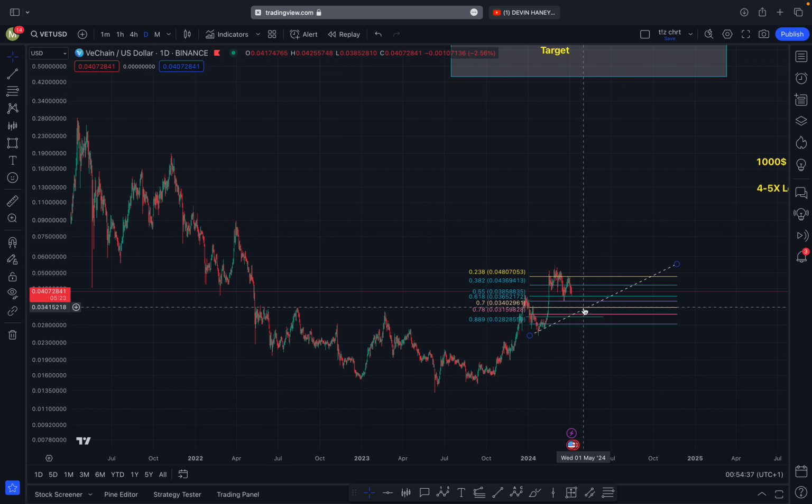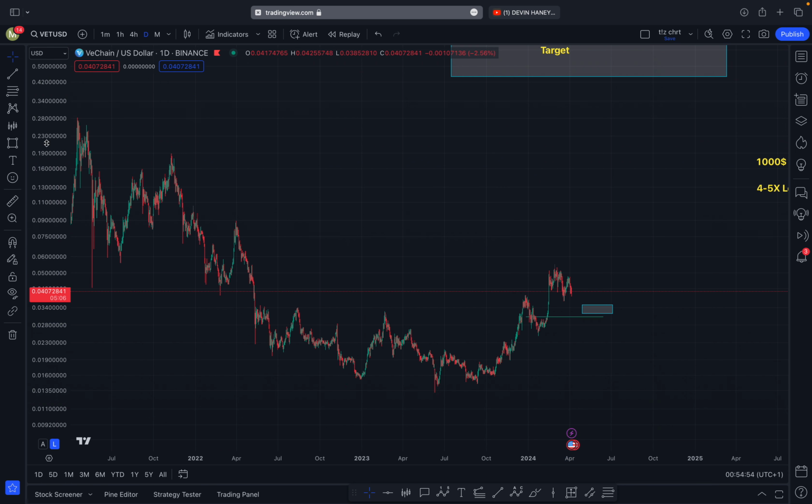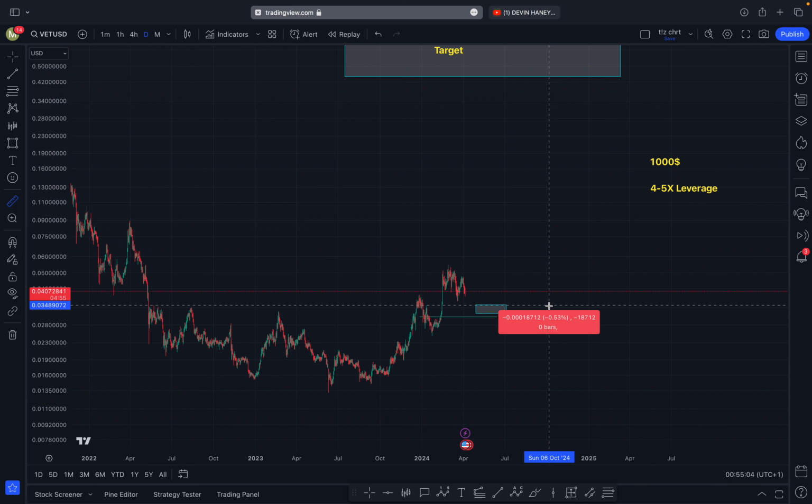So the 0.7078, that is approximately our entry area for this specific trade, and we're going to wait patiently for it. So let's mark this area right here. Let's get rid of this. All right, guys. And what we want to be doing is, as we are taking a 5x leverage, we are able to drop down 20% for Vechain. Okay, so 20% for Vechain is going to be